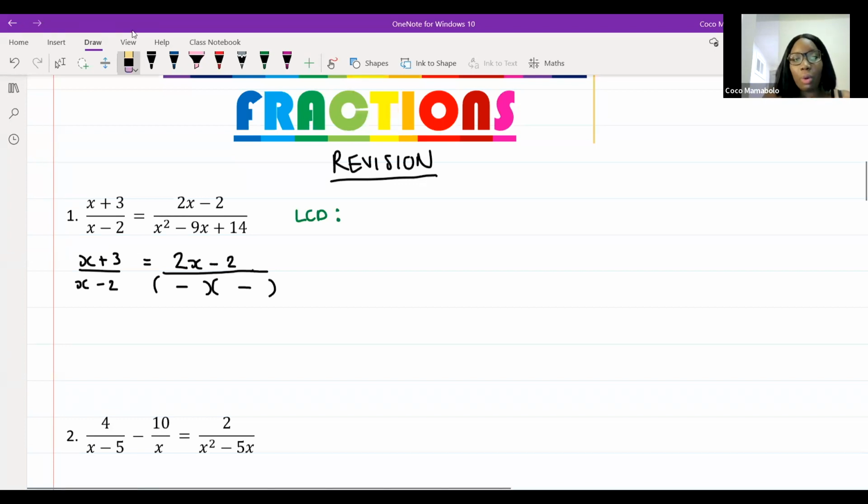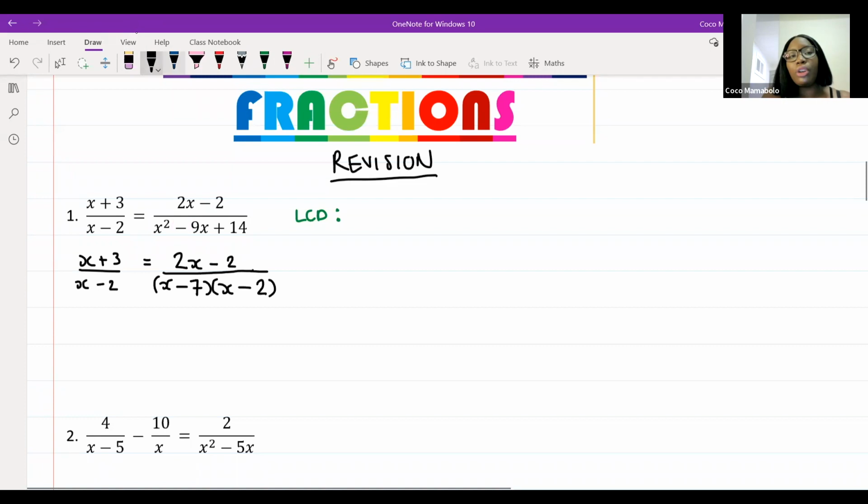This one over here will always be one of my signs. And then I need to check if I multiply this one with that one, what do I need to multiply with this one to get that one? A negative will give me a positive. And that's how I can figure out my signs. Then I can put an x here and an x here. And now I need factors of 14 that are going to give me 9. I know that 2 times 7 is indeed 14, and negative 2 minus 7 will give me negative 9. So I've got minus 7, minus 2.